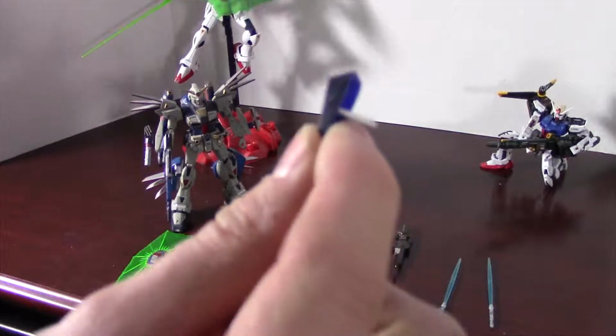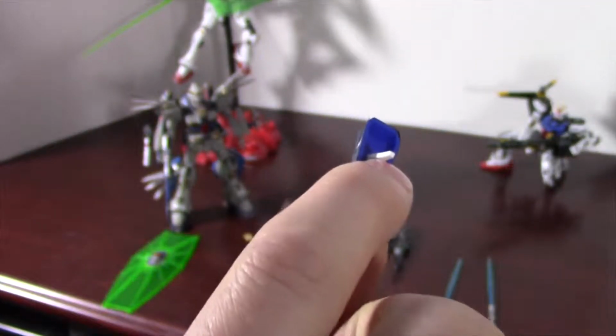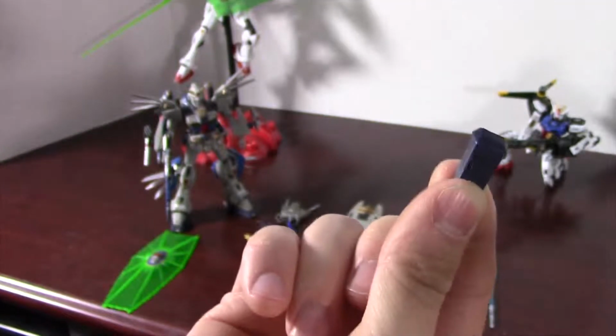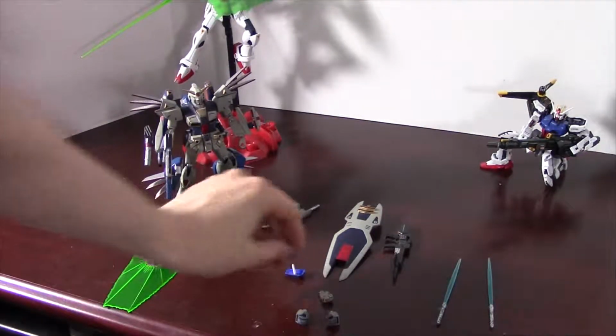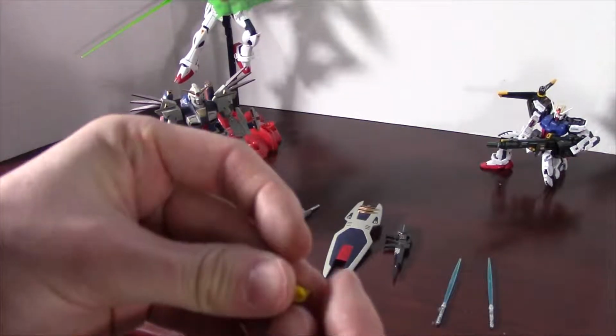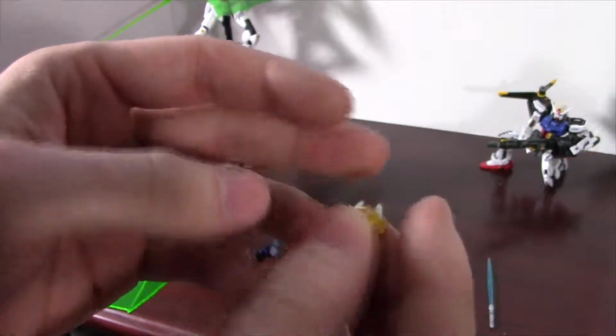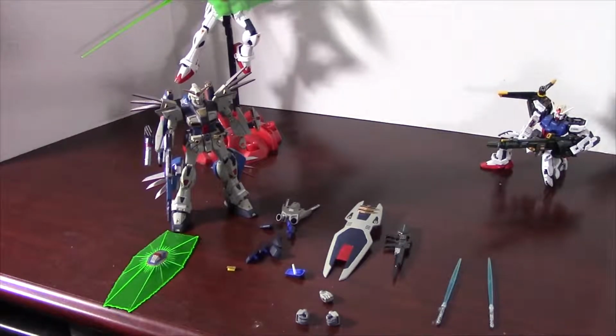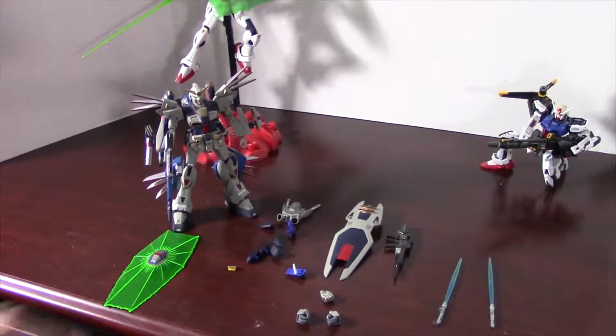Like with this one here, the peg on the inside broke at some point, and I had to stick a piece of plastic on there so I could still use it. But that other one I just had there was actually lost completely, and I had to make a scrap piece of plastic to replace it with. But it's basically one of these parts here. But besides that,